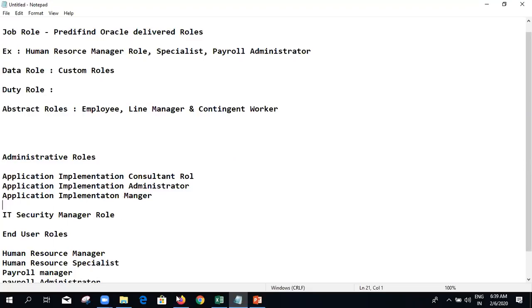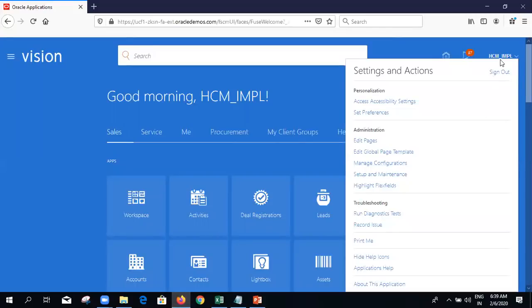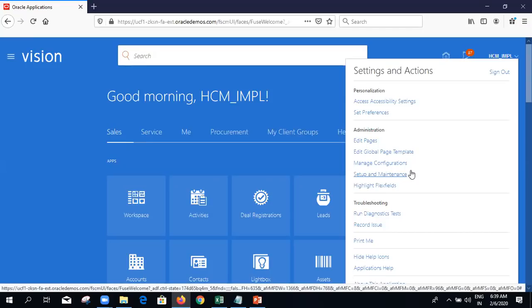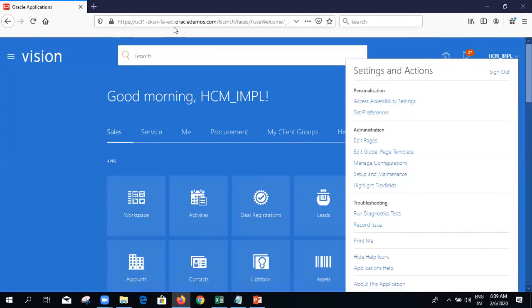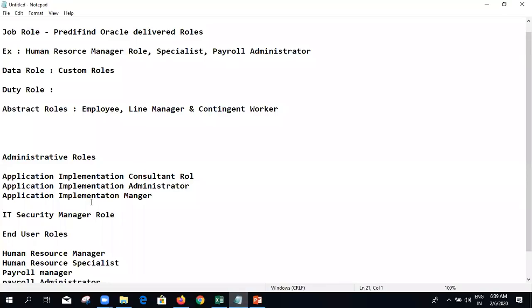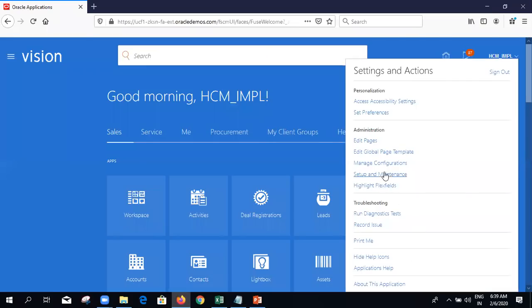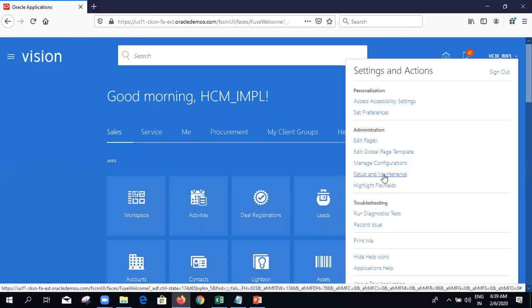If you have these roles, then only in the settings and actions can you see this setup and maintenance. So once I share this instance with you for practice, create your user accounts and assign these respective roles that I put up on this notepad, and then you can start your implementation project.